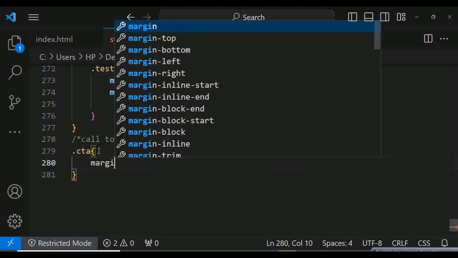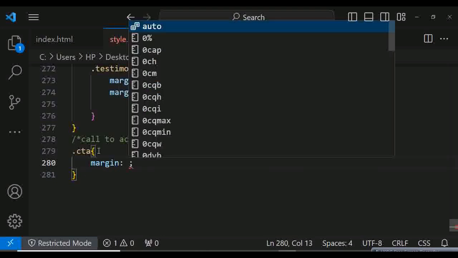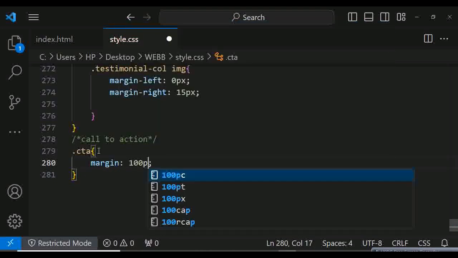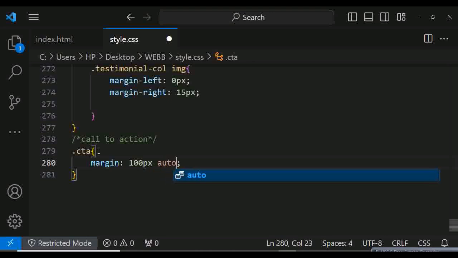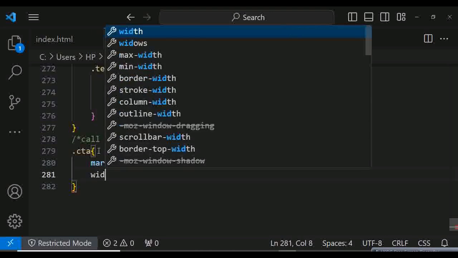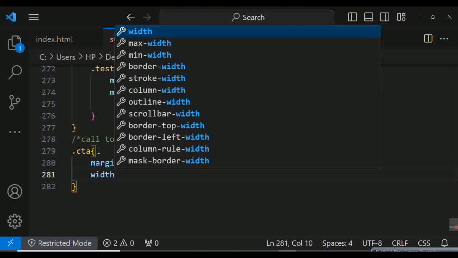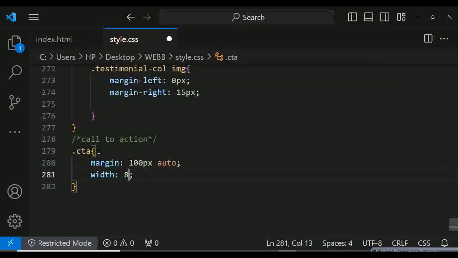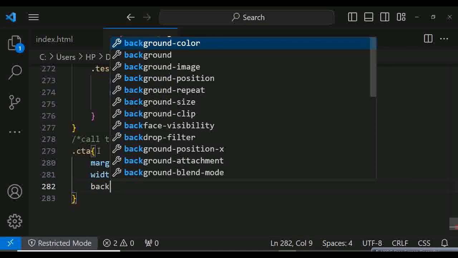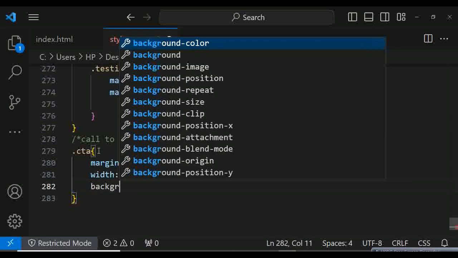So margin 100 pixel, auto, width 80%, background image,